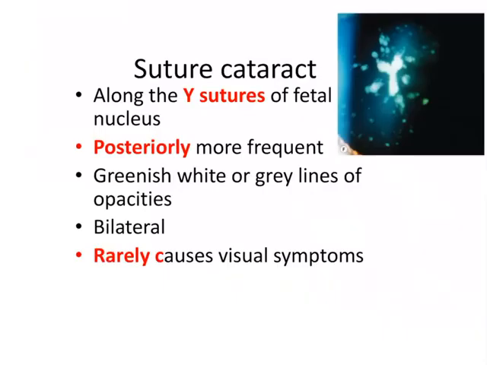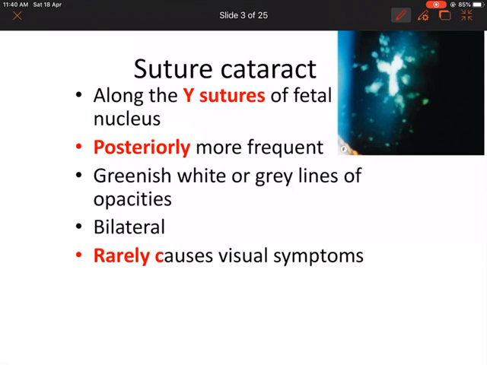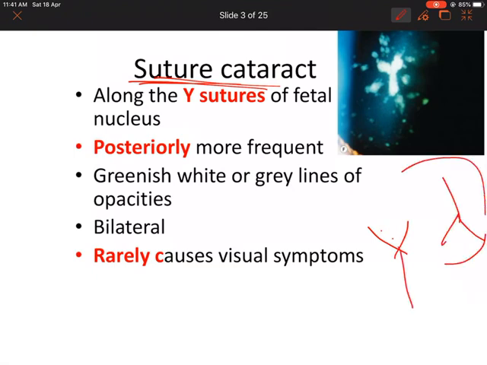Second in line is your sutural cataract. Most commonly it is a Y suture. As I told you, you have an anterior Y and posterior Y. Most commonly it is the posterior inverted Y suture which is getting cataractous. Here in the picture you can appreciate the Y sutural cataract of the anterior Y, and these are those anterior axial embryonal cataracts which are lying behind the Y suture.